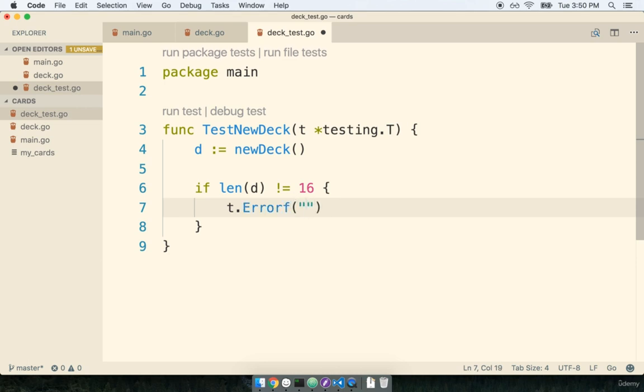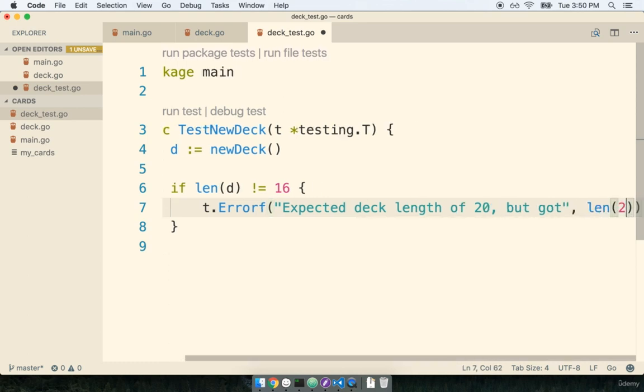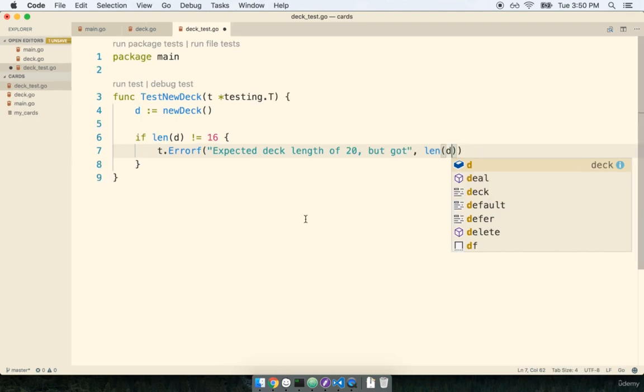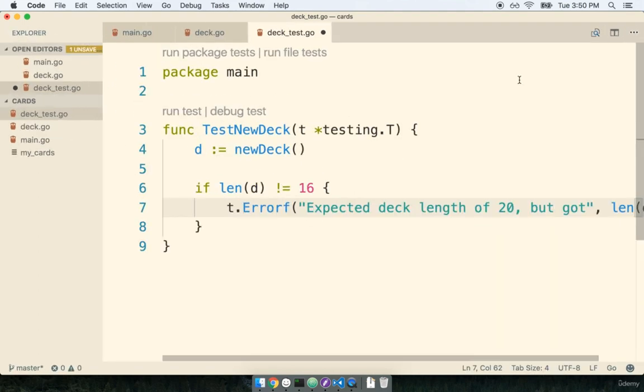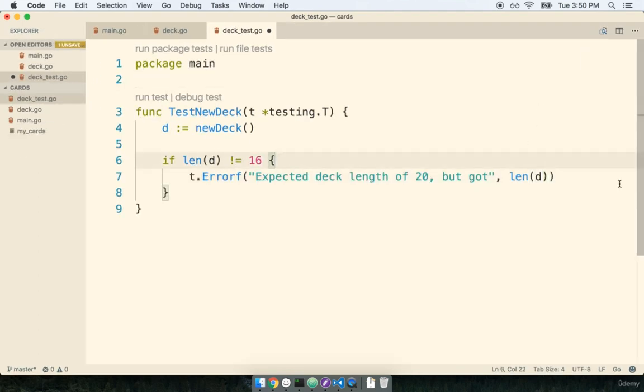So we'll pass in a string that says expected deck length of 20, but got, and then we want to make sure that we actually print out the length that we did receive. So we'll close off the string, and then as a second argument, we'll pass in length of the deck, or len d. There we go. So now if the deck does not have 16 cards inside of it,